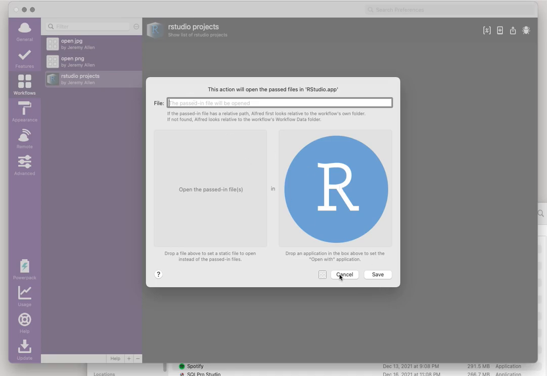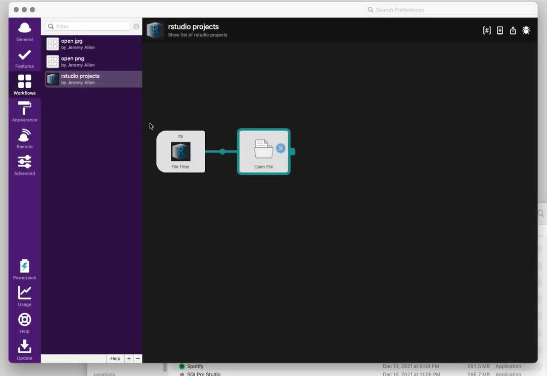You don't have to do this if your system already knows to open .rproj files in RStudio. It'll just default to whatever your system is already using. I just wanted to specify it to see if it would work. Everything still works. So that's the workflow there. A file filter and then an open file action. So let's see what this looks like. If I close